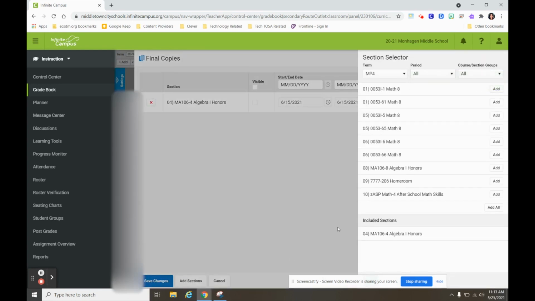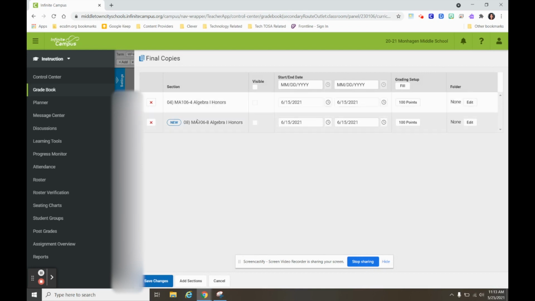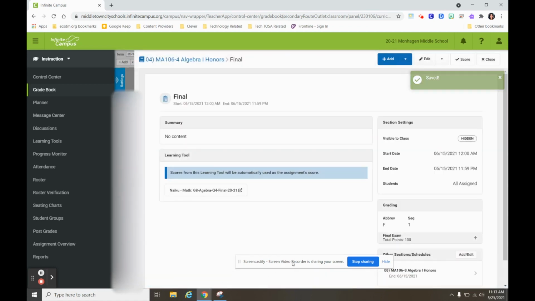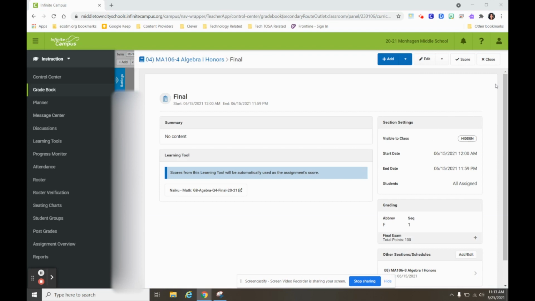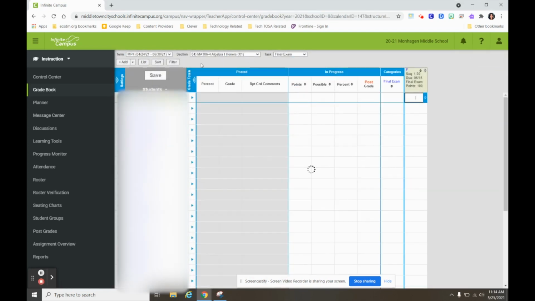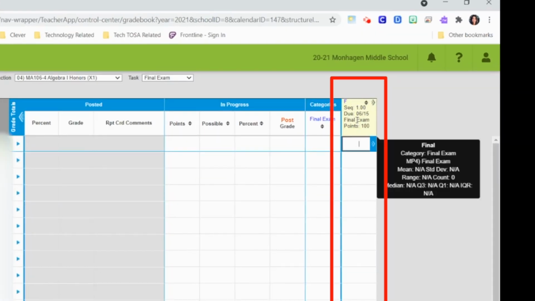This is an algebra final, so I want to add the other algebra class. When you're done with that, click OK. So now I have 2 sections. My start date and end date is correct, and now I'm all done. Then I click Save Changes, and everything should be correct. So when I close out of this, once it reloads, I will now see that final exam assignment in my